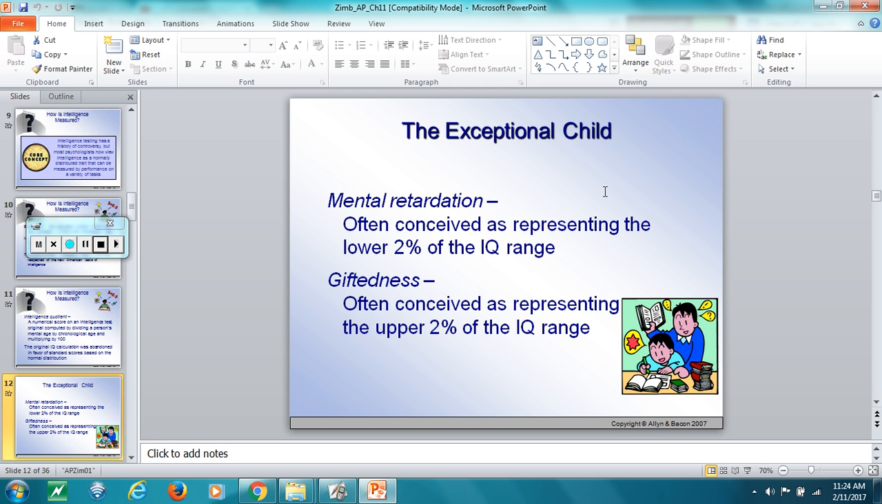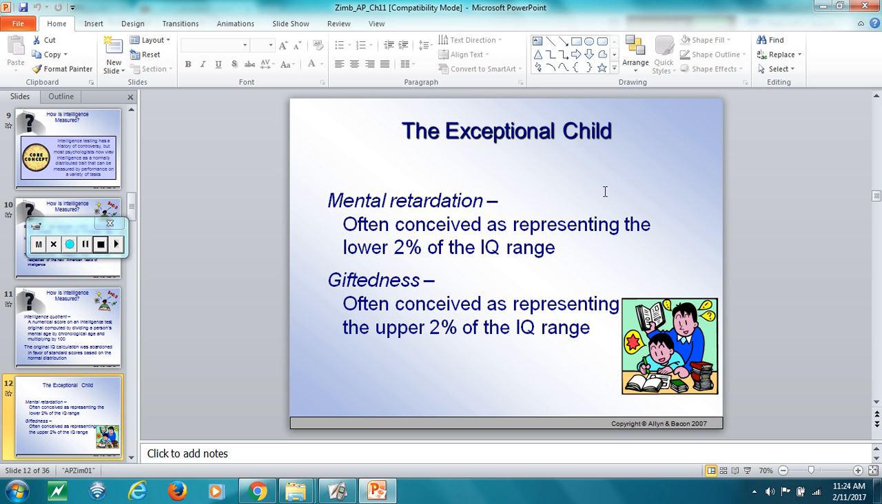So we're going to talk a little bit about mental retardation. And these are usually those individuals who represent the lower 2% of the IQ range. Typically, those people who score below 70 on the IQ test. One thing that we know is that even for individuals who score below 70, there's different breakoffs as far as ability,